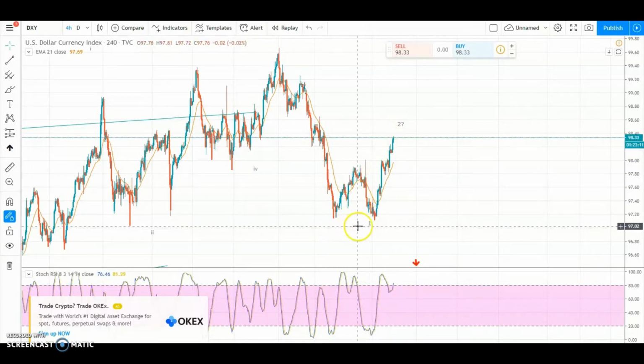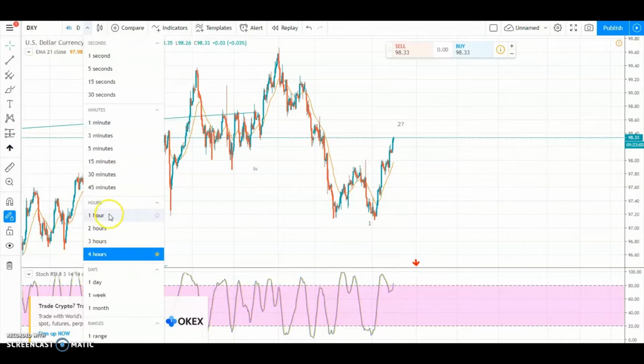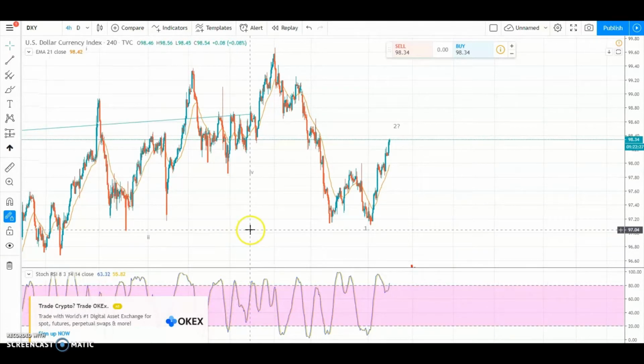I'll probably do another video when it's time to short, but for now I'm just going to let this thing play out. I think it's fairly close, seeing as it looks like it went up in 7 waves, and 7 waves is a corrective structure in Elliott wave. If you don't know Elliott wave, you're just going to have to take my word for it. So we're going to see how this thing plays out. It's not time to short yet, but it's coming. I will do another video as an urgent update when the dollar does turn down.